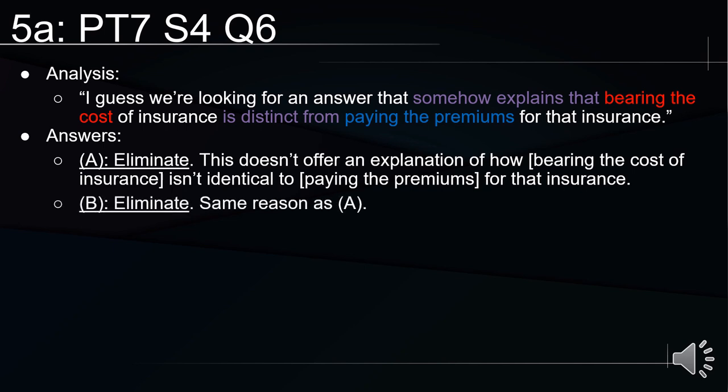B is running into a lot of the same trouble. Private insurance companies do not have the resources to provide banks or individuals with deposit insurance. Again, the government is providing insurance. The government is not trying to make the banks provide this insurance, and the banks are going to suffer for it. That's not the issue at all. Again, all we are looking for is the purple. Is this answer choice an explanation for how the red idea is separate from the blue idea?